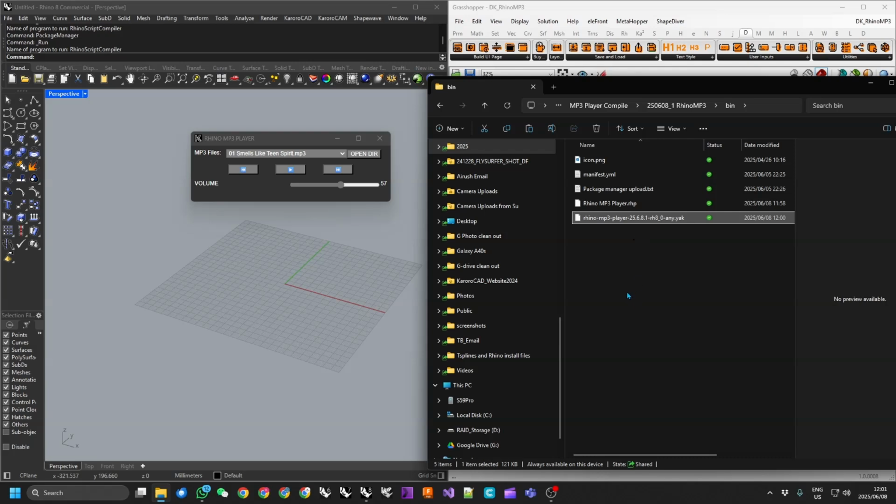But for, say, internal distribution or distribution to a customer, you can simply deliver them this YAK file, because if you grab this and drag it across, if you drop a valid YAK file onto any open Rhino instance and release, the package manager will actually install that as a